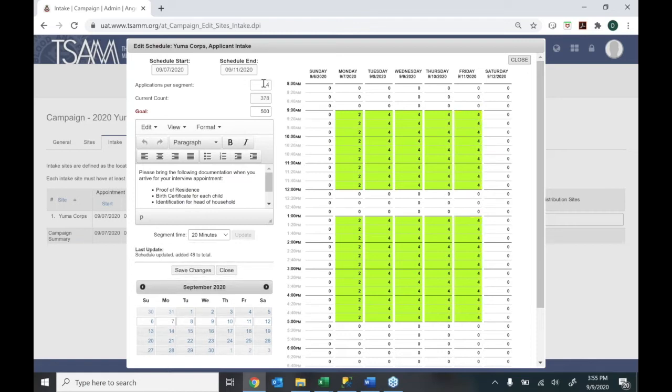And then we have a catch-up day on Saturday where we go all day kind of thing, trying to get to whatever the goal is of how many appointments you expect to have. Okay, so this is now telling me that these green slots and the numbers within them indicate how many open appointment slots are available for this intake site, the Yuma Core, for this date and time. Okay, we'll talk about how to actually schedule those appointments a little further on, but this is just the configuration